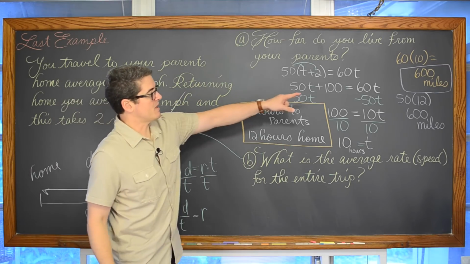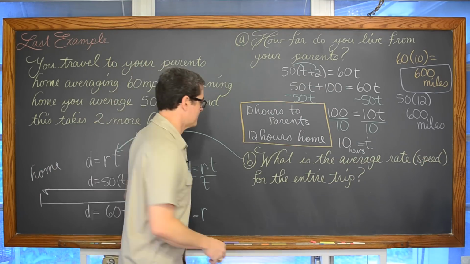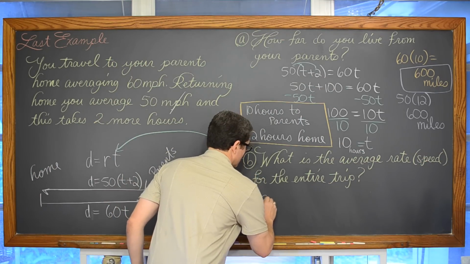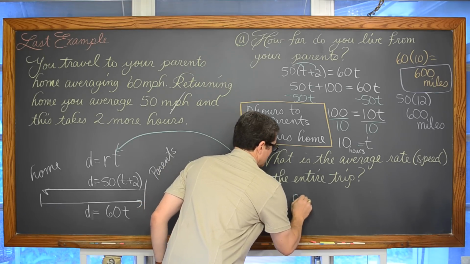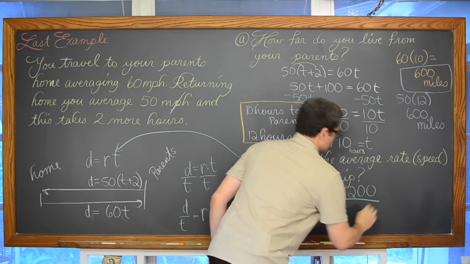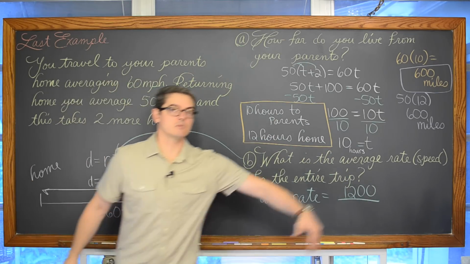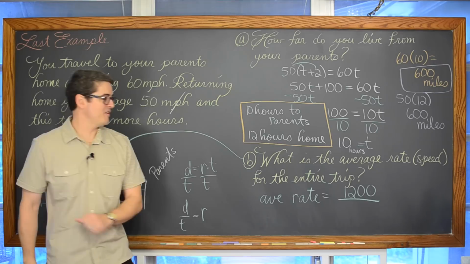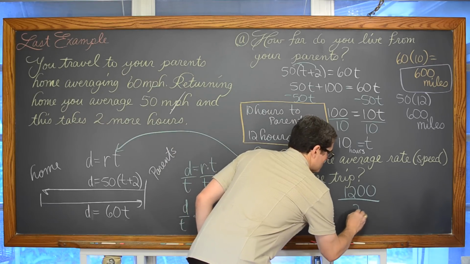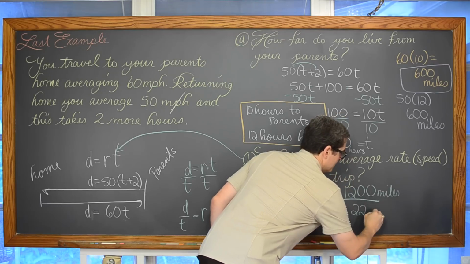Well, if it's 600 miles to your parents' house and 600 miles back, that's a total distance of 1,200 miles. So our average rate is 1,200 over our total time for the average. Well, our time there was 10 and our time back was 12. So that's going to be 22. So we have 1,200 miles and a total